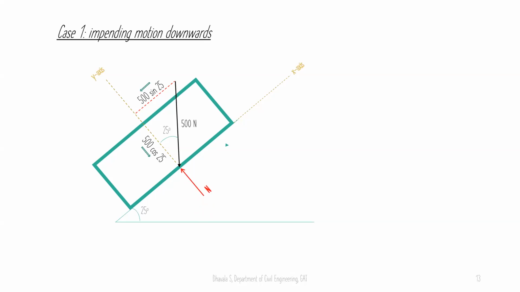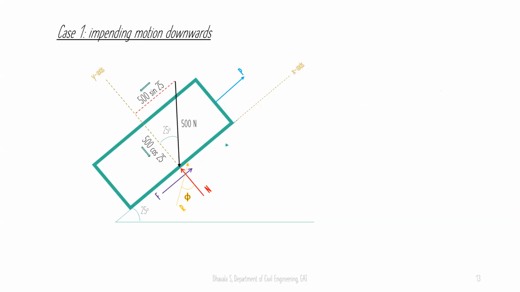Next comes the normal force, which is perpendicular to the contact surface. Next comes the applied force P. The general tendency of the block is to move downwards. So the direction of motion is downwards, and friction has to be applied in the opposite direction. Hence, F will be in the upward direction. Now, these are the various forces acting on the block. Now, these things are to be separated from this block and this inclination. The entire sketch gets reduced to,